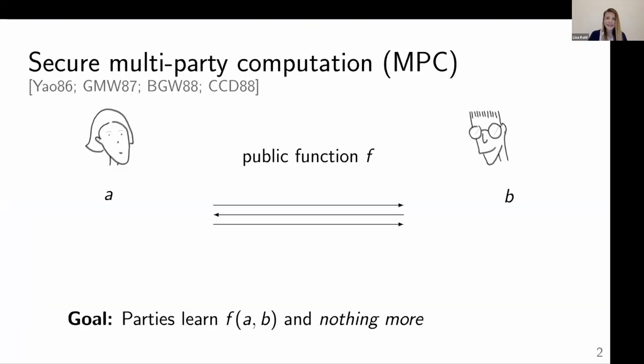And so the setting, first to explain the title briefly, is secure multi-party computation. So we want to allow two or more parties to securely evaluate public functions on their inputs, such that the parties learn the function output and nothing more. And this is something we know how to do since a long time ago, and we even know how to do it succinctly with fully homomorphic encryption, but still a question is about concrete efficiency. So this talk today will be mostly about